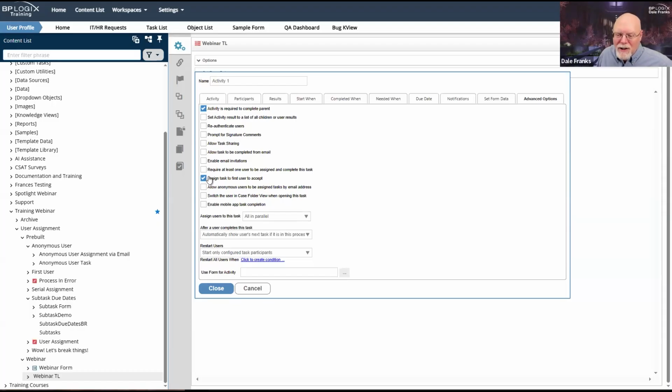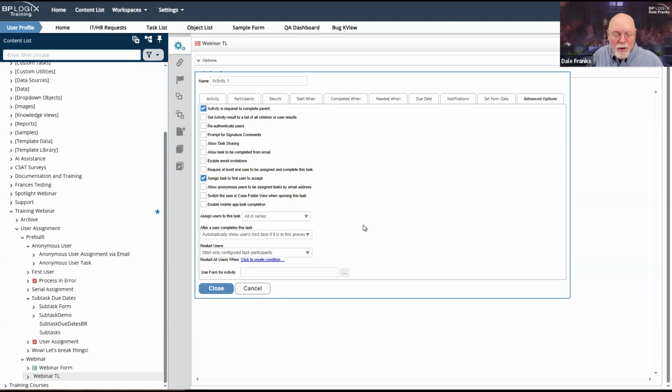If you were to click assign user to task to first user to accept, and then set this to all in series, I have bad news for user 1. User 1 will always have to accept that task. It will never go away, and users 2 through 10 will never see that task, at least not until user 1 completes it.